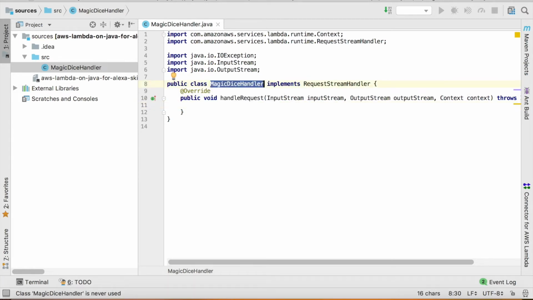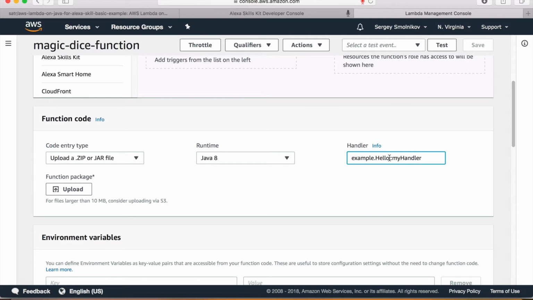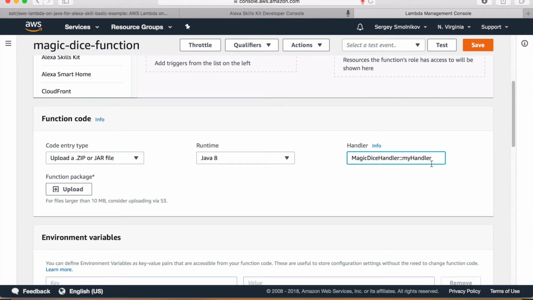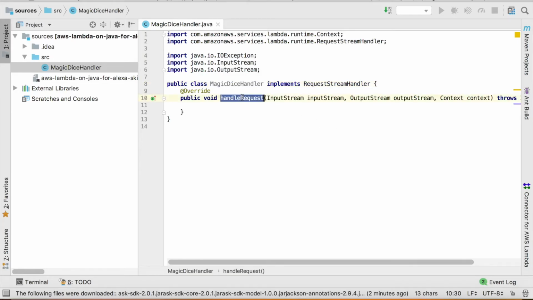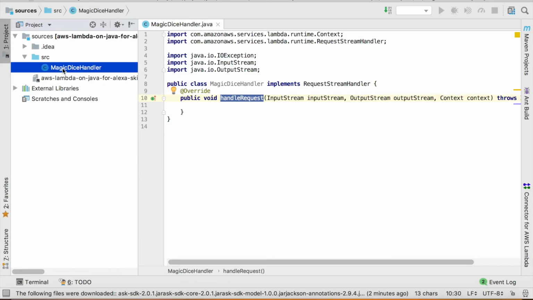This handler is supposed to be part of the Lambda, and here we would put this class name, and then the method name. And if we have a package, we can put it in the package.